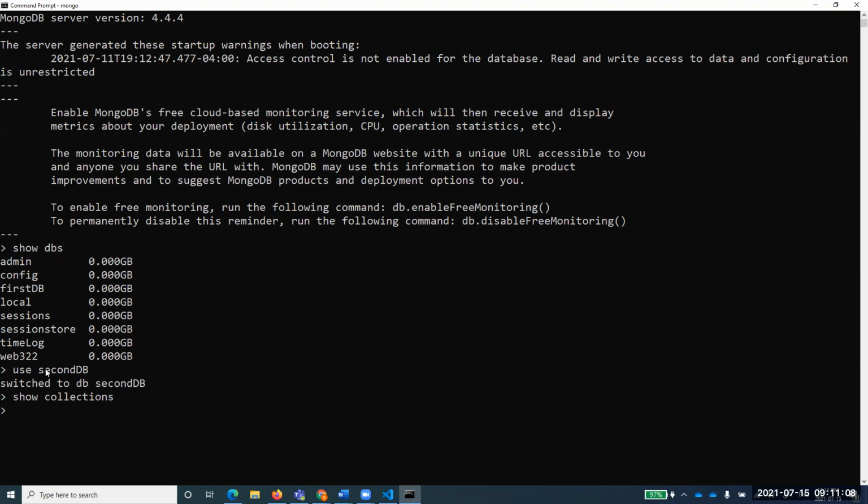Now this second DB which is created can be referenced by this DB word. This DB is giving me this facility of accessing that. So for example, I want to create a table information. So I'll use DB, DB means second DB I'm talking about, dot, maybe for example, I'm creating an information table, and there is a function insertOne. If you want to insert one record in it, you do that, and just use here name Alan, comma age 20, curly braces, and this one.